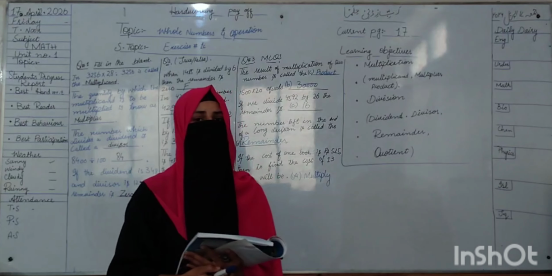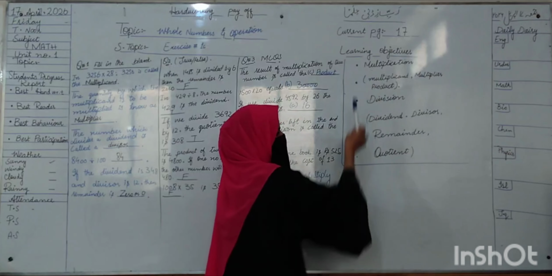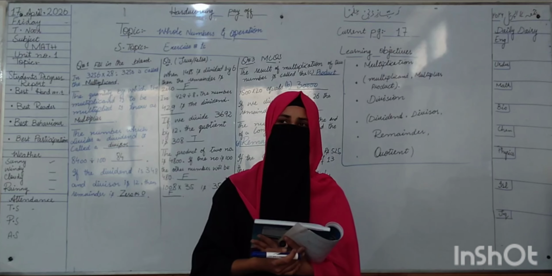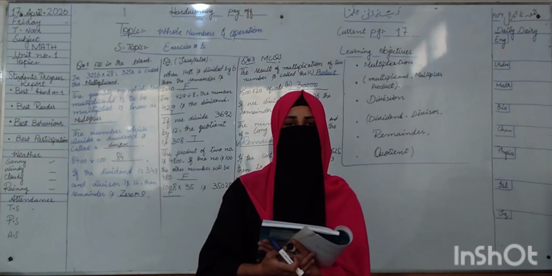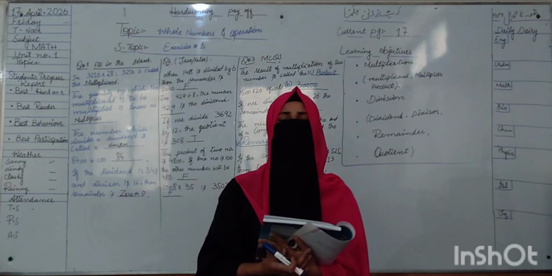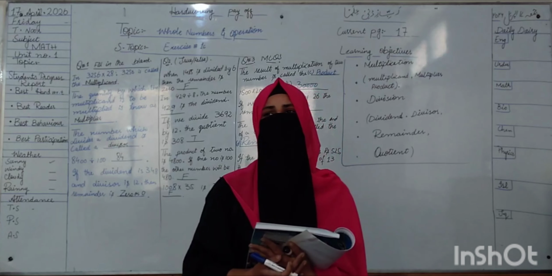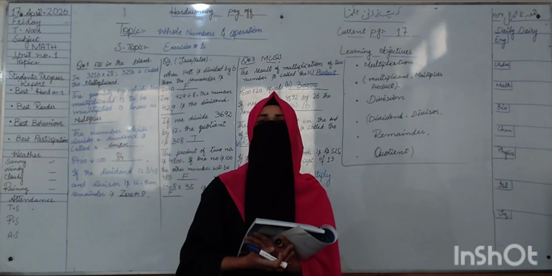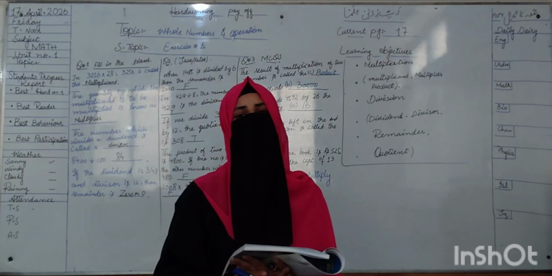So let me start our short introduction. Our learning objective is multiplication. Students, when you have to find the value of a number of things, like 13 books, where the price of one book is 5,000, and they ask you to find the value of 13 books, in which we have to find the value of a number of things, it means that you have a multiplication.